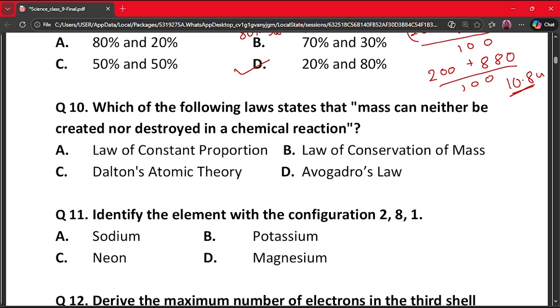Our next question is question number 10. Which of the following law states that mass can neither be created nor destroyed in a chemical reaction? A. Law of constant proportion, B. Law of conservation of mass, C. Dalton's atomic theory, and D. Avogadro's law. The correct answer is option B, because law of conservation